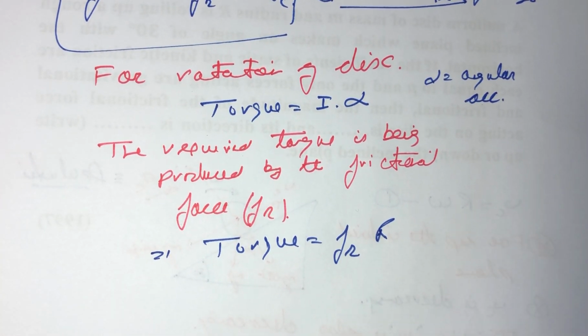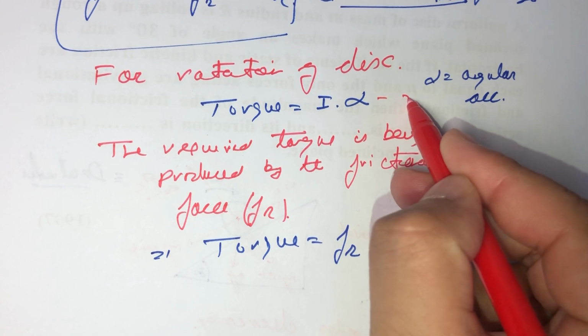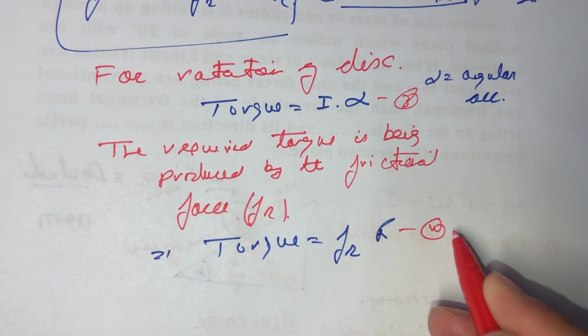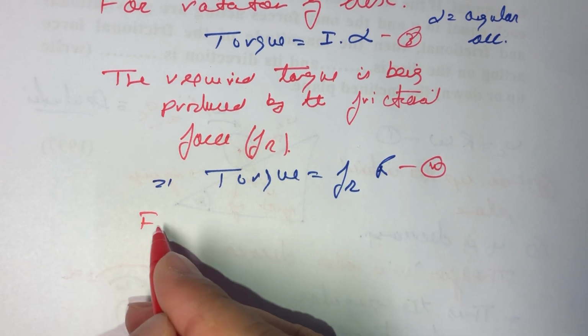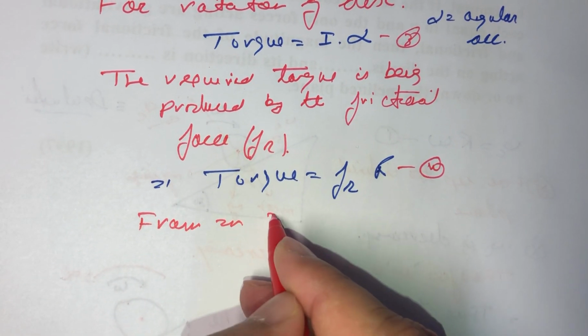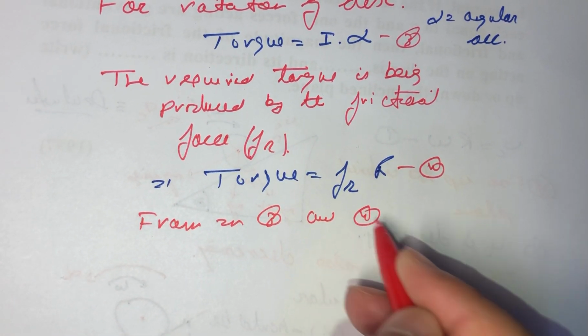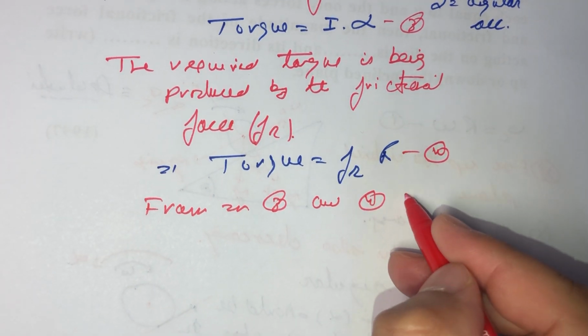Let us call this equation number 3, and this is equation number 4. So from equation 3 and 4, we get